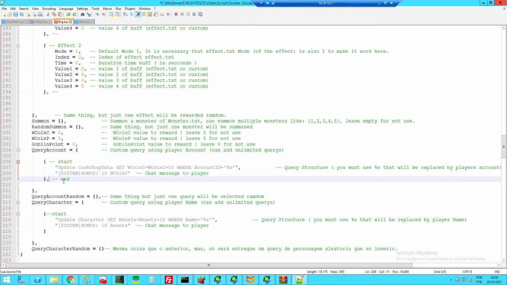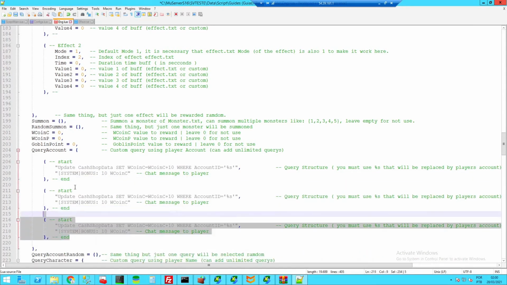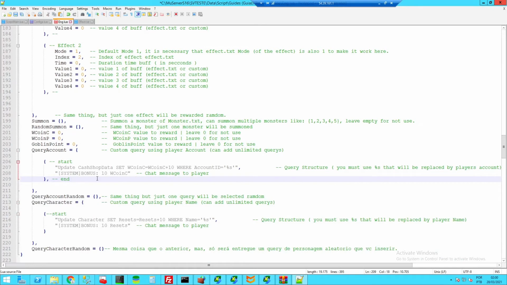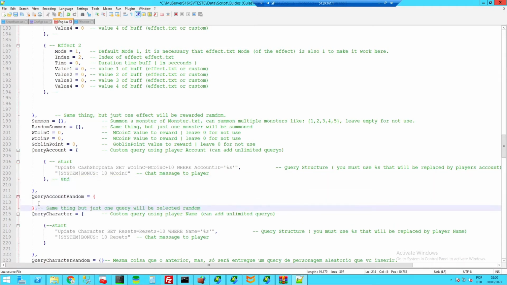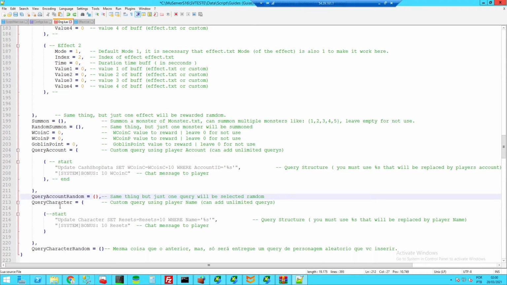If you add a comma here, you can add unlimited options, so all of these queries is going to be executed. And if you want to randomize, you can just add here, just copy and paste here. Okay, this is the same thing, but it will use the player name, not the account. So always in one settings you have like the query and the message here. If you don't want to use, you can just delete here. Okay,